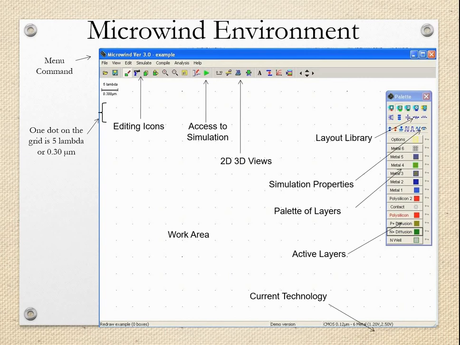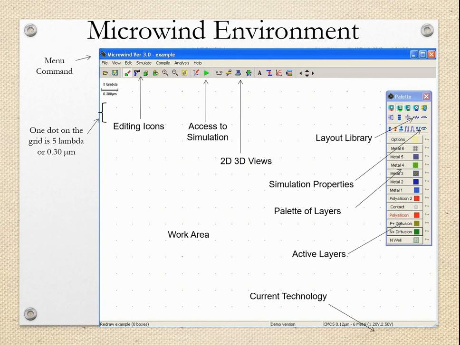This is the window which gives the idea regarding the Microwind environment. In this environment, we can see the different menu commands are available, and here on the screen we can see some dot pattern. One dot on the grid is equal to 5 lambda, which is equal to 0.3 micrometers, that is specified over here.